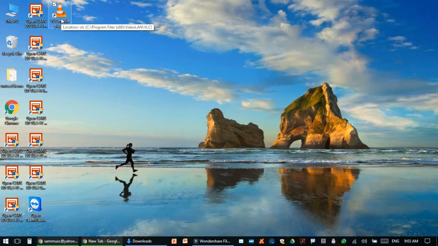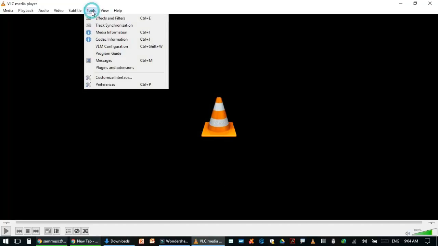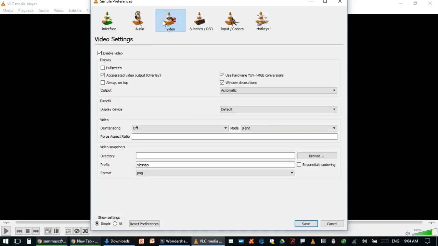Once I actually have this done, I double click on this. It would give me a privacy and network access policy. I don't have to change any of that. I go to Tools, Preferences. Once I go in here, I have a whole bunch of things I could go and fine tune, but I don't want to. I'm going to go to Videos here,